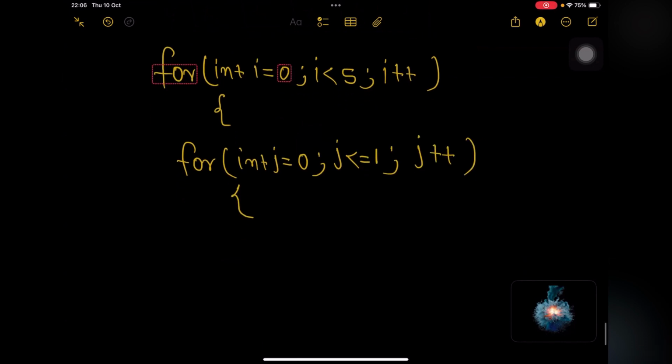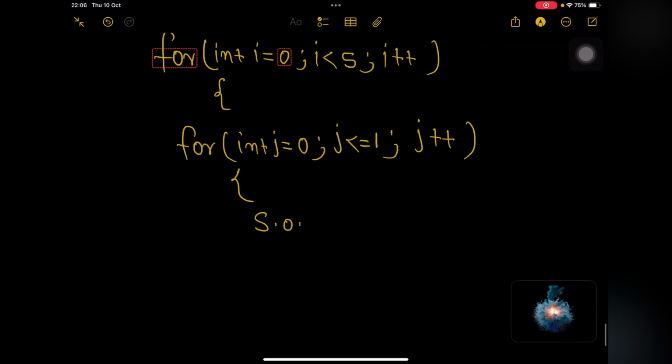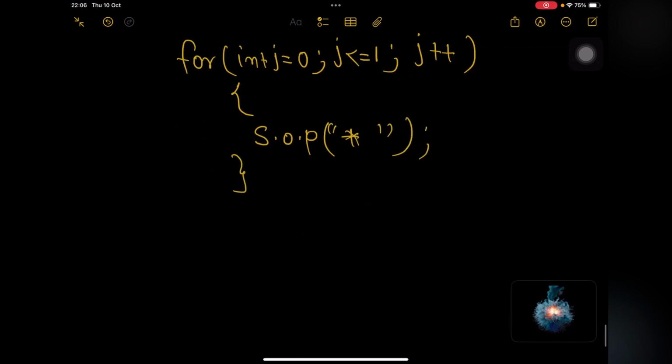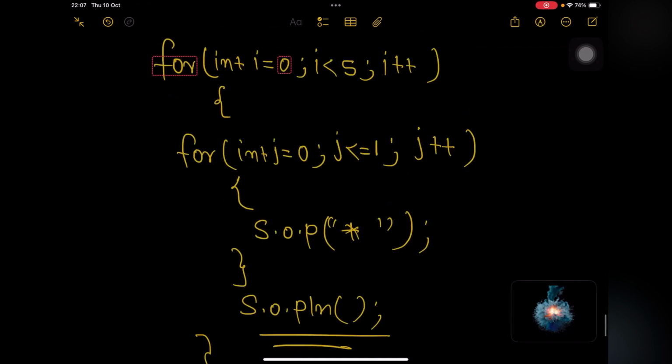right? And then whatever we want to print, System.out.println, we are printing a star, keeping some space in between. This is print. Okay. And then here System.out.println, just writing ln. Okay. And then we close. So you guys just visualize this piece of code, right? Okay. So